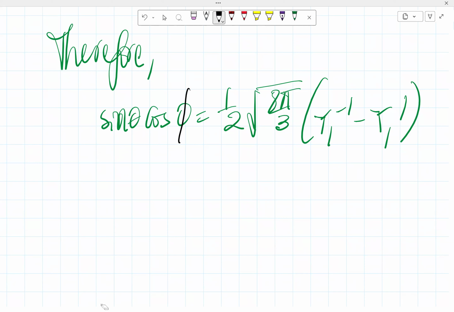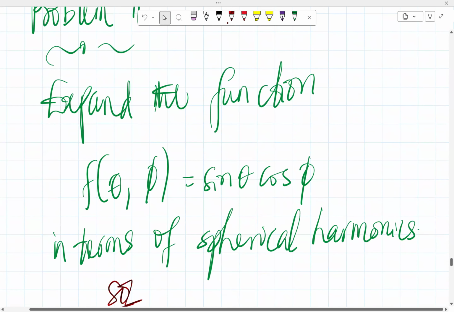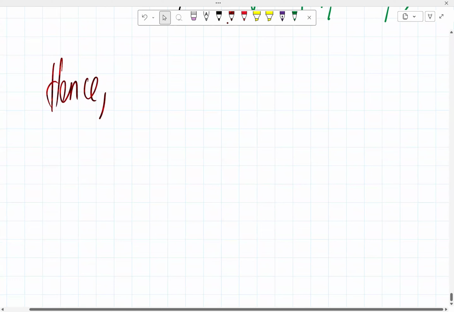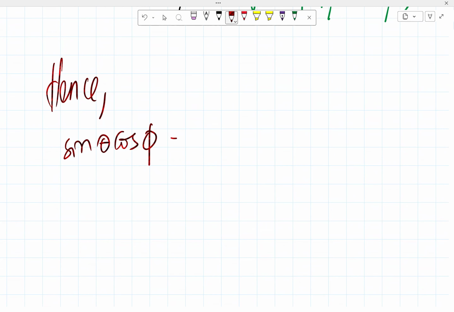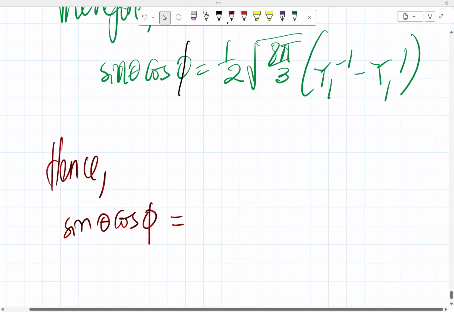And hence, we can say, what exactly are we looking for? We're looking to expand sine theta cos phi, which we have got already. So hence, sine theta cos phi is equal to